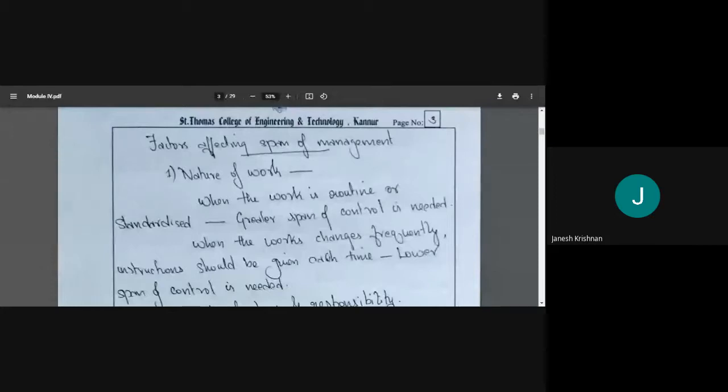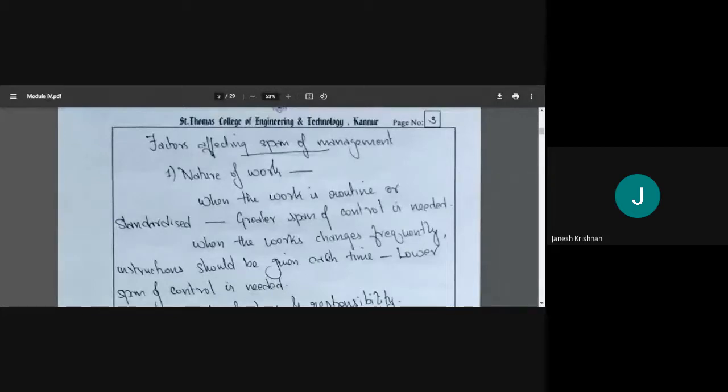What does it mean? When our work is something fixed, we are doing the same thing every day, one manager can oversee many people. I'm not giving out a number, but they can see more people because they are doing the same work routinely. So the manager knows what each of them is doing and has an idea of it. But what happens when the work is changing